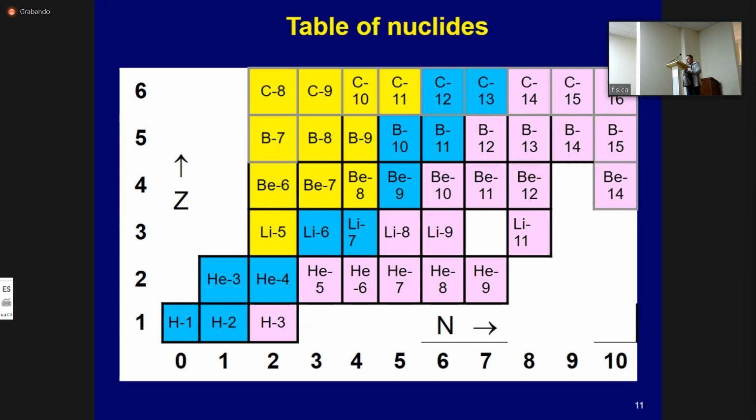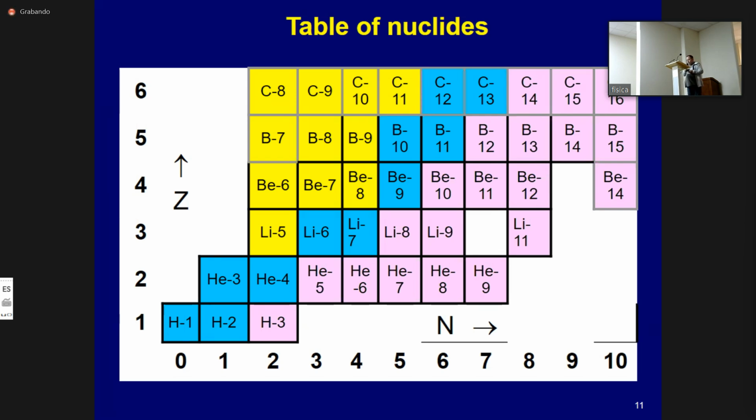All known nuclides are placed in one table. In each cell one nuclide is placed in such a way that the column number is equal to the neutron number n, and the row number is equal to the proton number Z. We will get the table of nuclides. The initial section of such a table is presented on this slide.